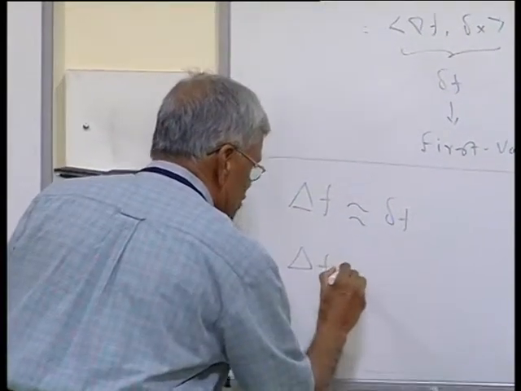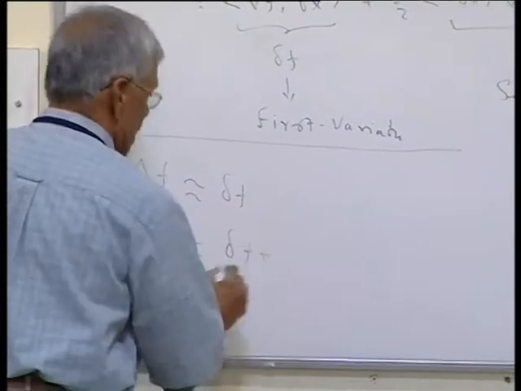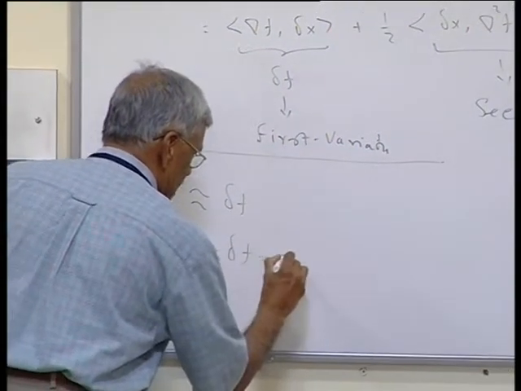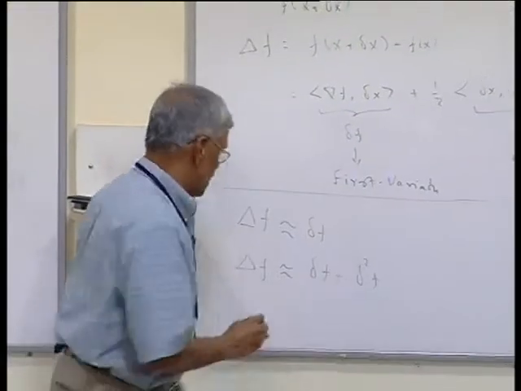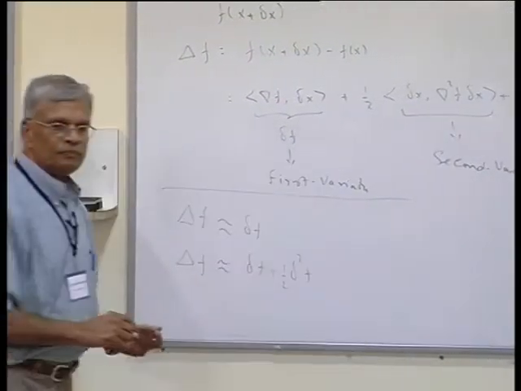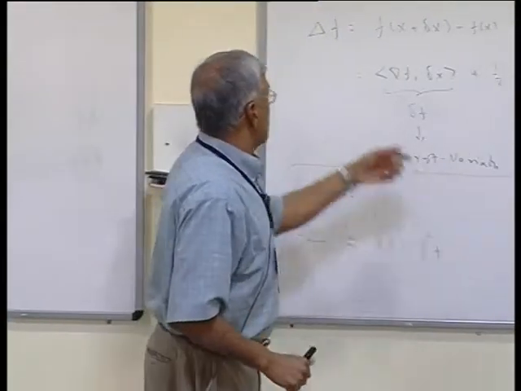The actual change in f is approximated by the first variation plus del square f, the second variation. That will be a second order method. You can even put 1/2 in here, for the second variation. So in first order adjoint method, we are going to be